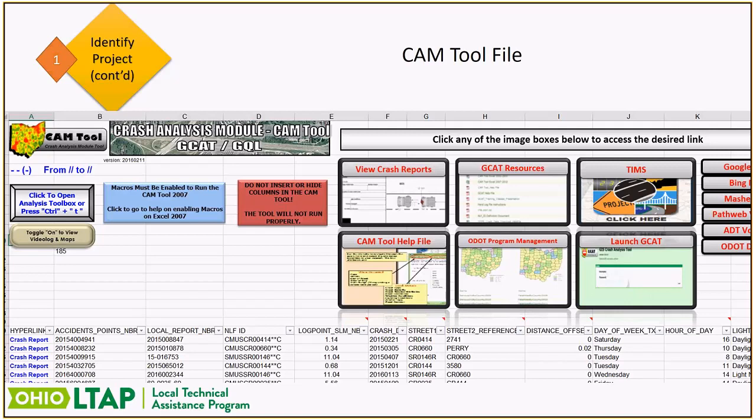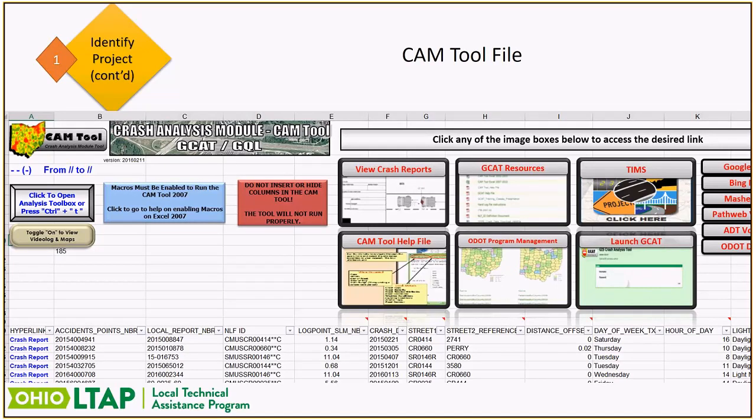There's a number of tabs at the bottom of the file, and the training that I talked about is for GCAT, both the webinar recorded and live, and also we have in-person training as well if you're interested. That training will go into how to use this spreadsheet. There's a ton of features in the spreadsheet though that are automated.